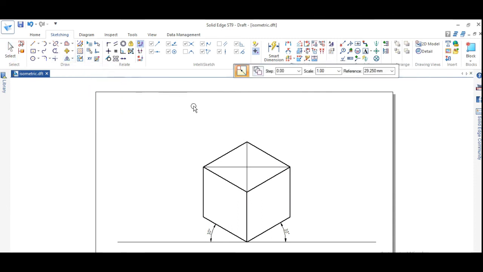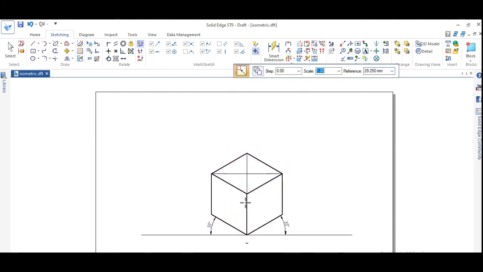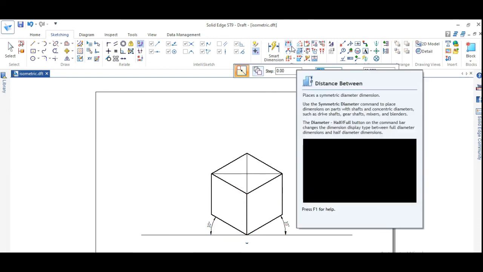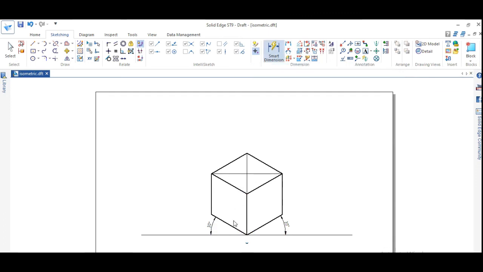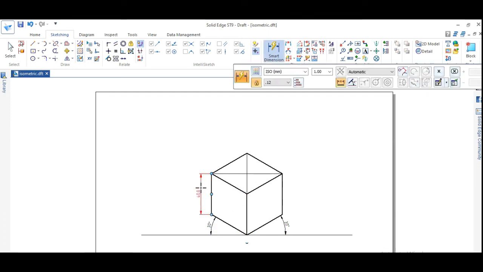So scale, there is a scale option here. You can see a scale. What should be the scale? It should be 0.816. Yes. Select whole thing and place it. So it will get reduced to 0.816. You can check the dimension here. 40.8. That is ISO 50. 50 into 0.816 will give a length of 40.8. So whole thing has been reduced to ISO scale.